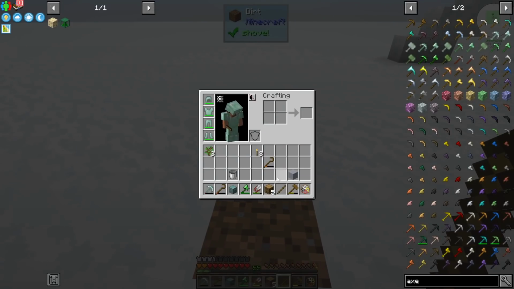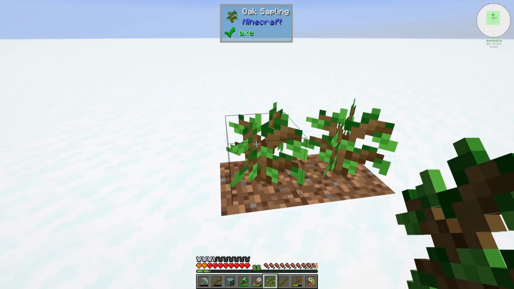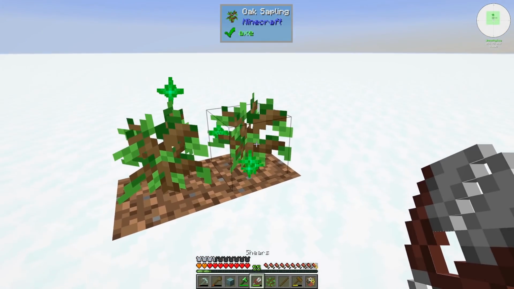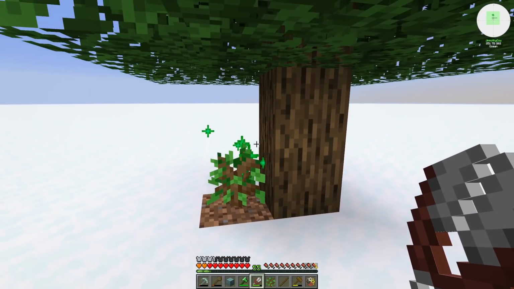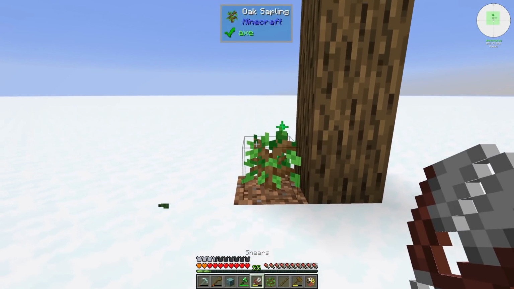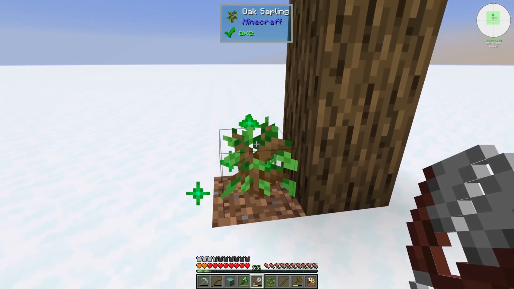Alright, so I'm going to set up a standard tree farm on this side, whereas we'll have our infested tree farm on that side, because I'm going to need a whole lot of leaves to make dirt for the next step. So I guess we can get the leaves. I guess will the sapling not grow if it's next to another...